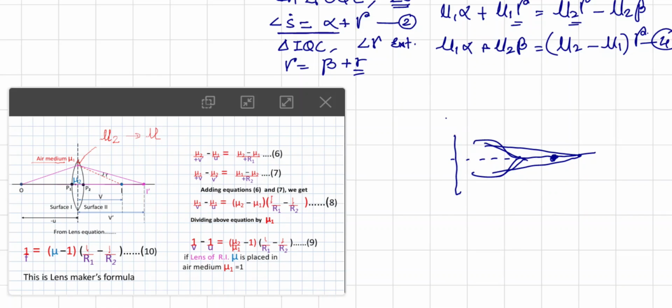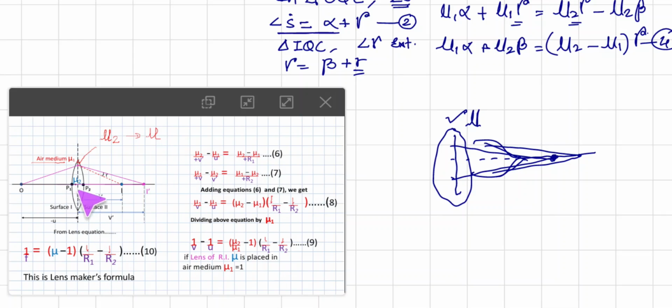Okay, we have to select this lens in such a way that the ray will be focused on the retina. So for that we must know the focal length. Thereafter, the refractive index of the medium which we are using as a lens must be known.